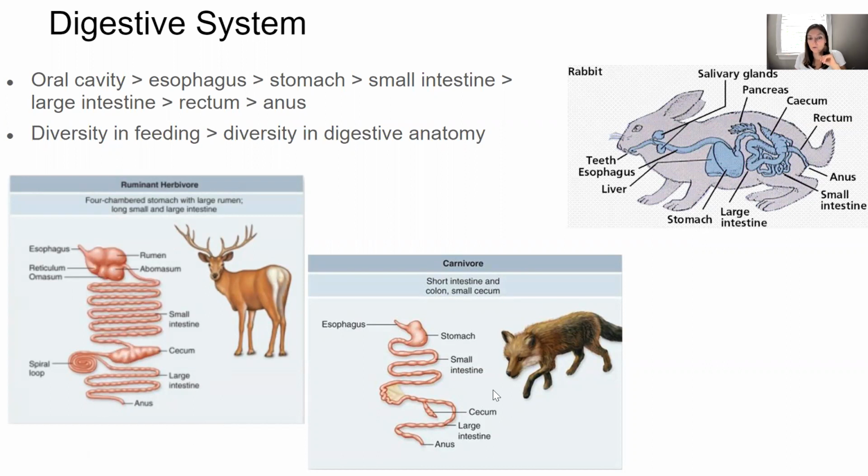Now, if you look at a carnivore where they don't have to break down the cellulose, much shorter. There's not that rumen, no fermentation chamber. There is still a cecum, but it's much smaller in comparison. And then there's some herbivores like rabbits and hares that are herbivorous, but are not ruminants. So they don't have that rumen, the fermentation chamber, but they do have a giant cecum where some fermentation occurs and also lots of digestive enzymes to help break down